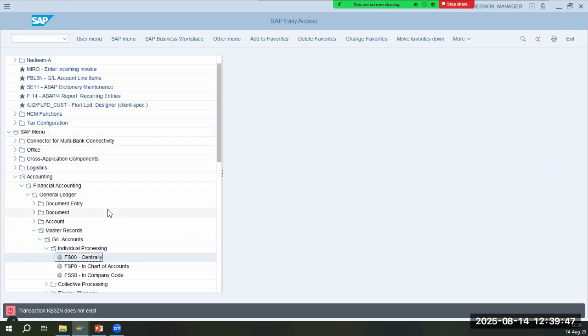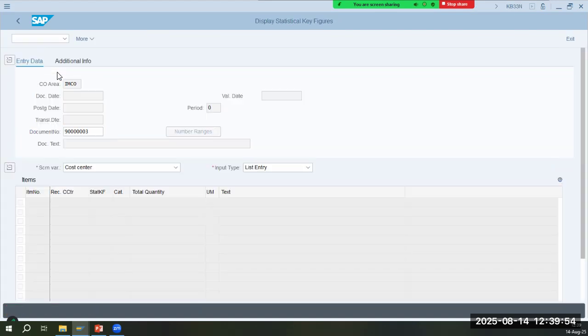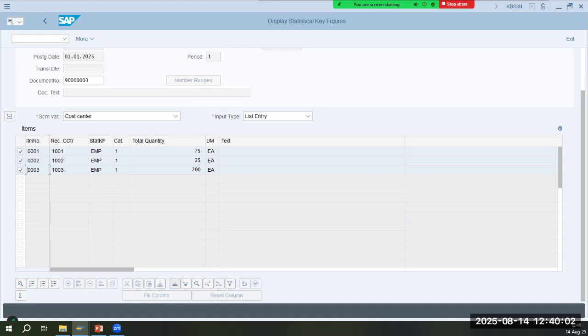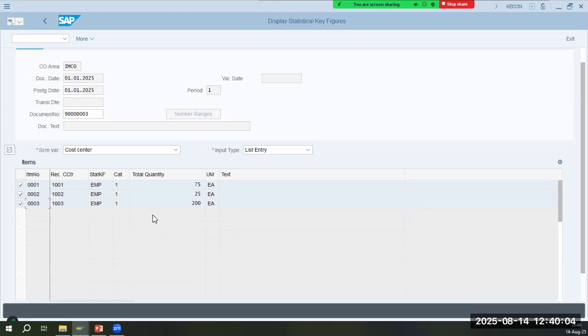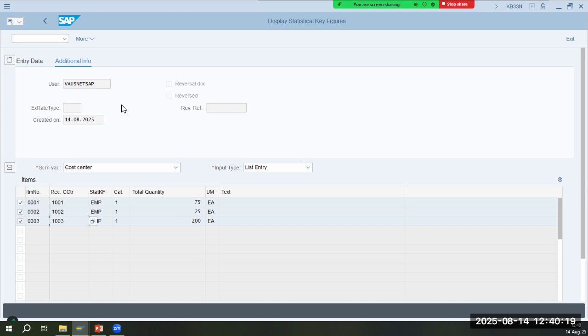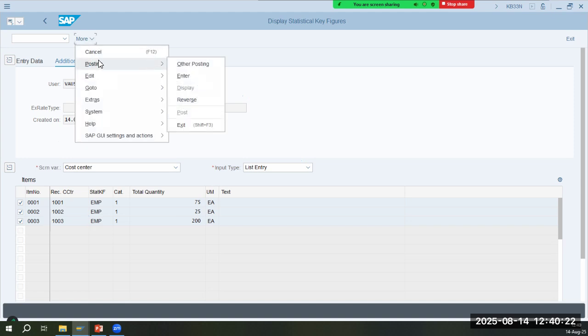KB32N, KB33N, 903, and we want to delete this. Yeah. Additional info. So we've got the error. Okay. We've got the error. We just have to delete the replicated document. Okay. And